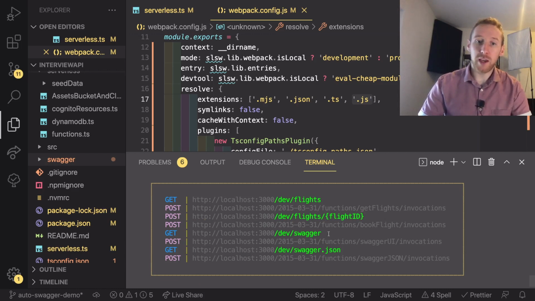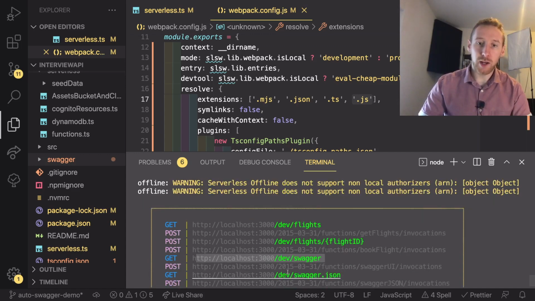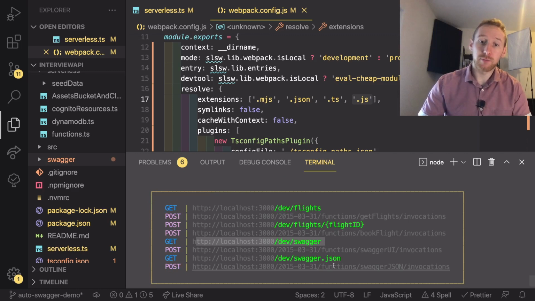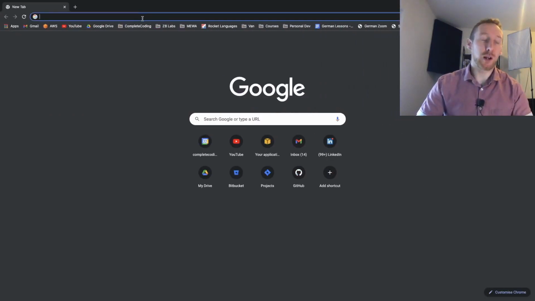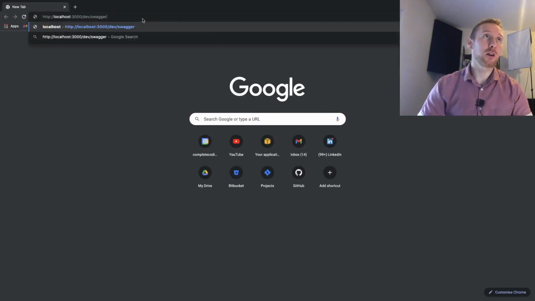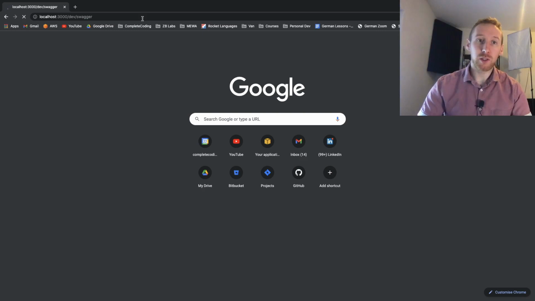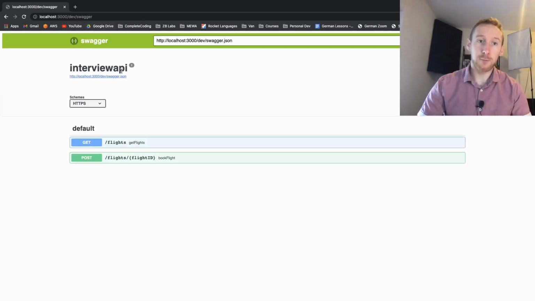But we also have a get Swagger, and I'm just going to copy that. It also has a swagger.json, and that is going to be an endpoint to serve the JSON. So if you have your own Swagger UI hosted somewhere, you can just access that URL. If we head over to a browser and open up the port 3000 dev Swagger, we now get access